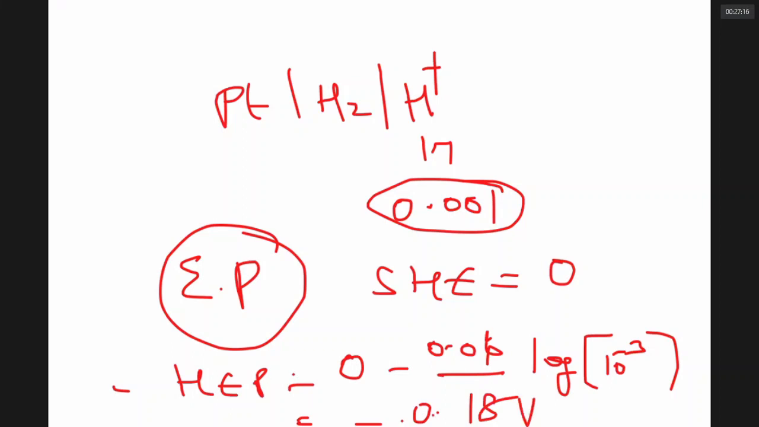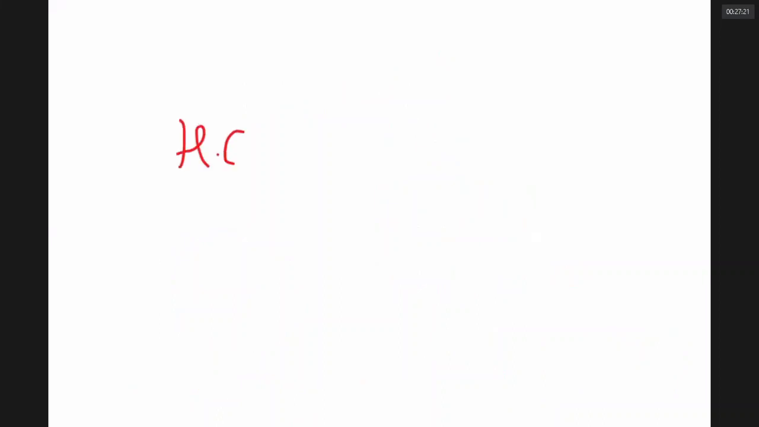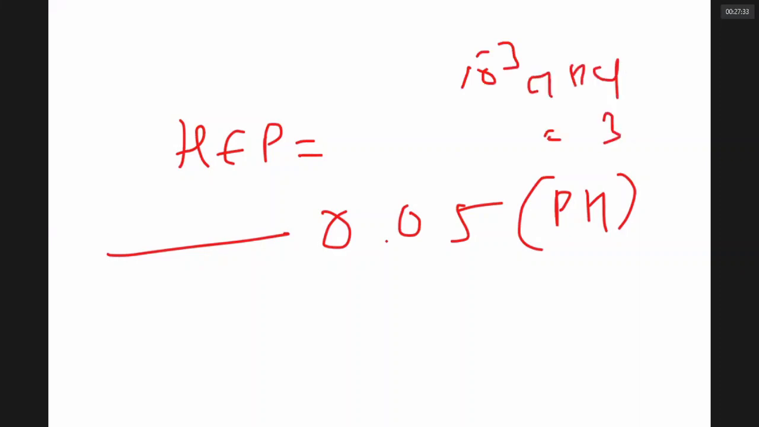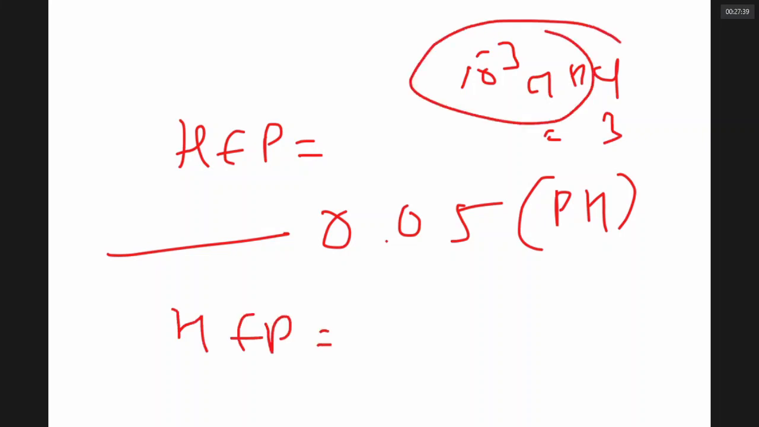It means that the hydrogen electrode has a shortcut, sir. Hydrogen electrode potential is equal to minus 0.059 into pH. The pH of 10 to the power minus 3 molar HCl solution is equal to 3. Therefore, the hydrogen electrode potential, when the concentration of H plus ion becomes 0.001, that is 10 to the power minus 3 molar, is equal to